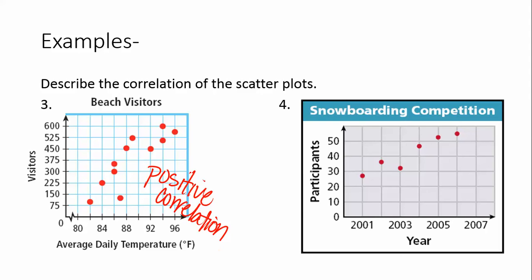In this next example, we're looking at a snowboarding competition. So we have the years across the bottom and the numbers of participants going up on the y-axis. So again, as you look through the data and through the scatter plot, you can see an increasing trend as we go through the graph. What's happening is as the years go by, there are more and more participants in the snowboarding competition,